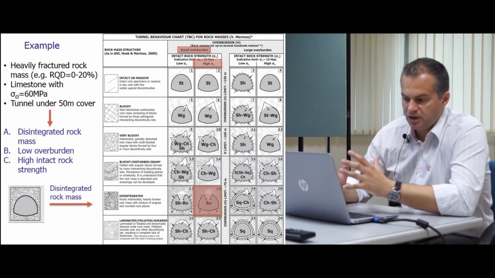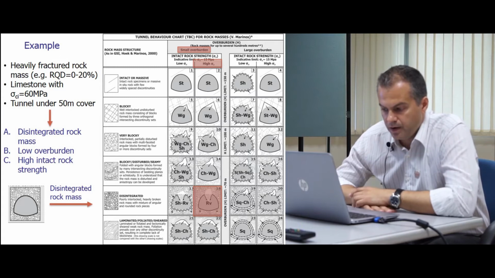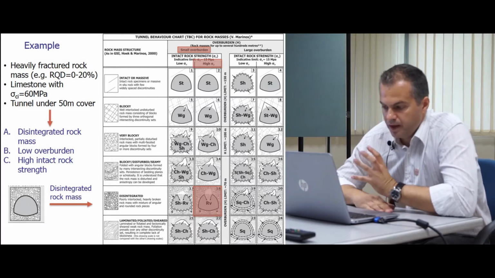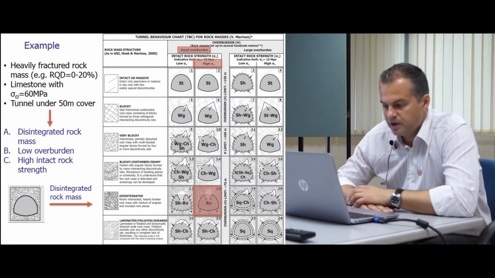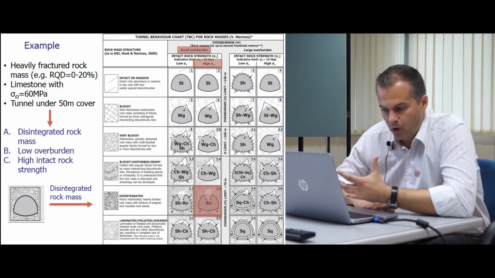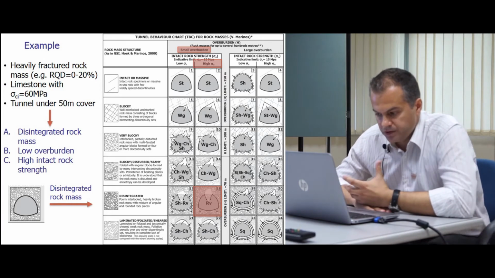So this is, in general, some rough but very well-defined examples of how we can shift from one tunnel behavior to another when the rock mass structure changes, when the overburden changes,